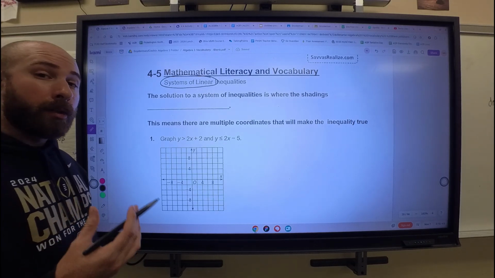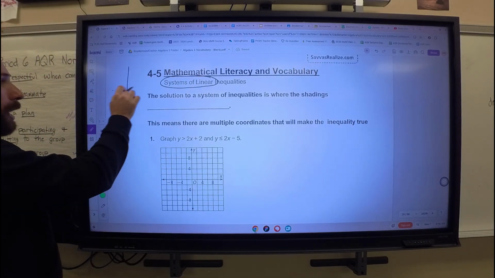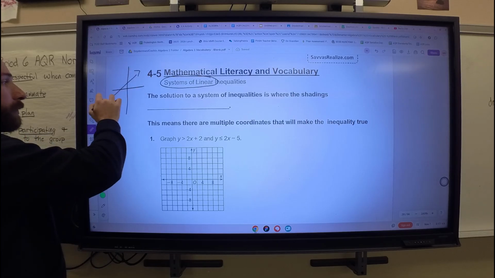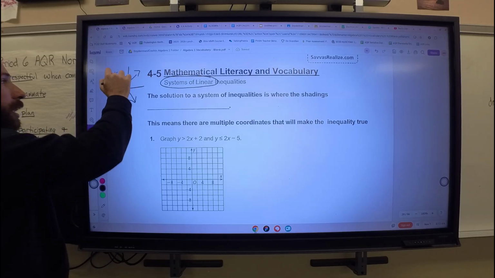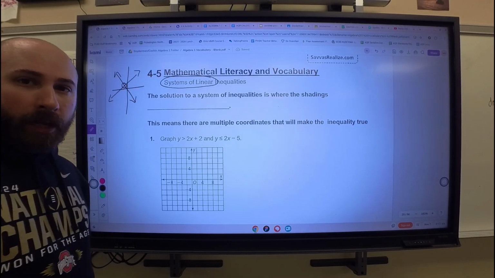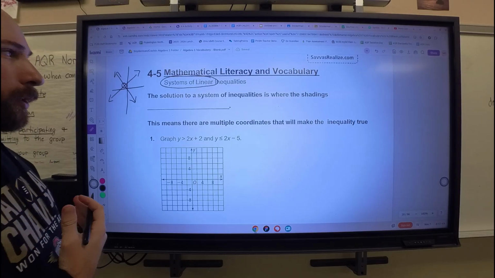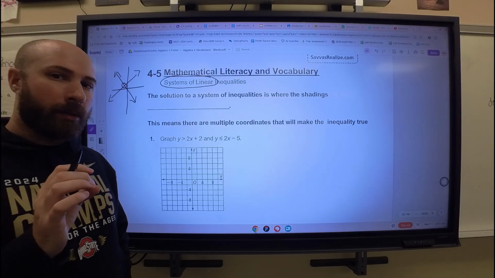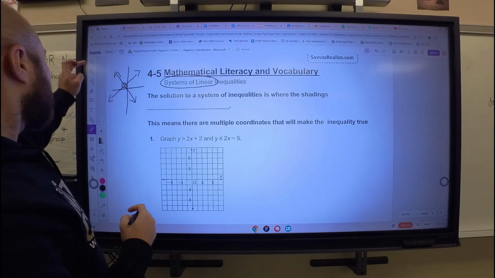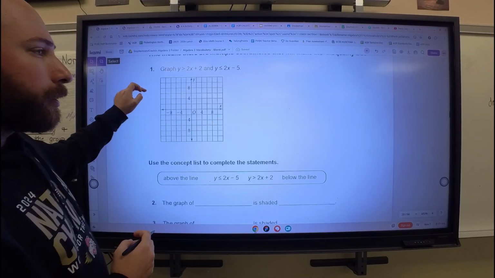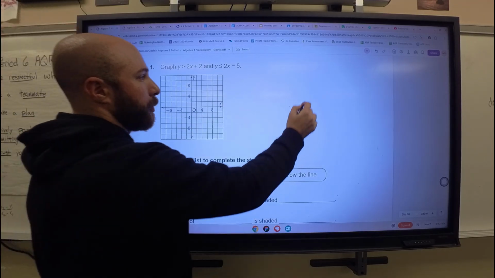system of linear equations, which is where we had two lines that would intersect and we were finding that intersection point. Well, with a system of linear inequalities, it's a little bit different. What we're going to be looking at, if I draw a quick example here,